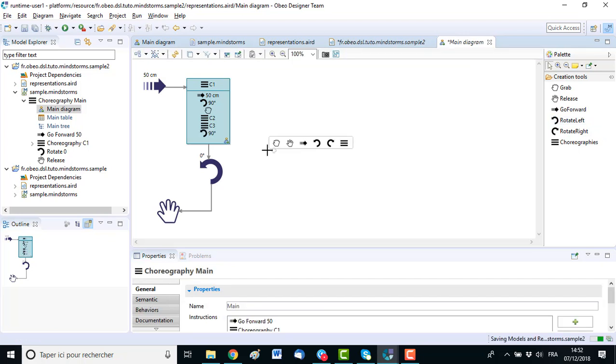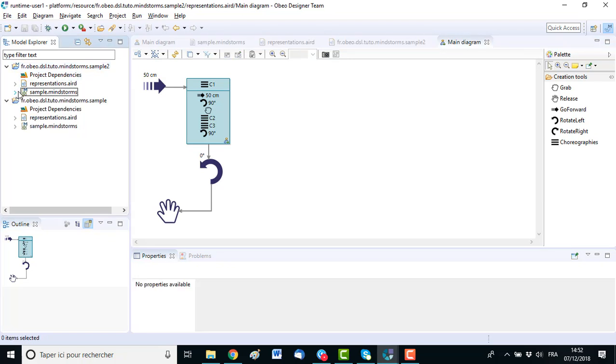And also he saves his model. So now I have two parallel versions of the same model performed by two different users, and I have to reconcile these two versions in order to produce a new synchronized version.